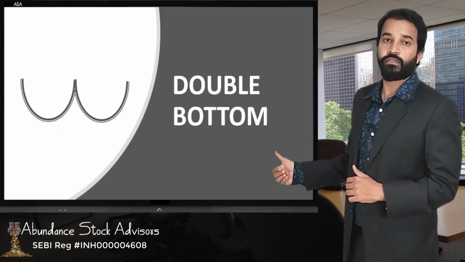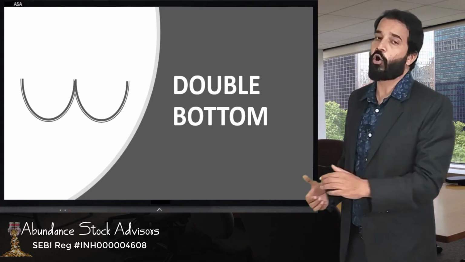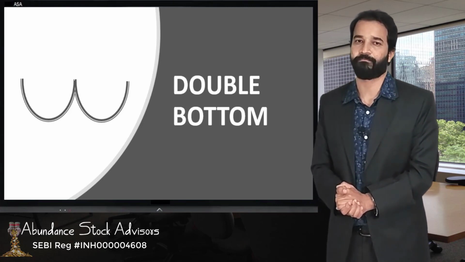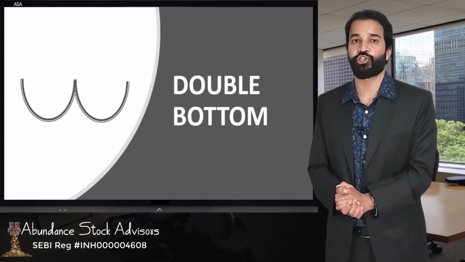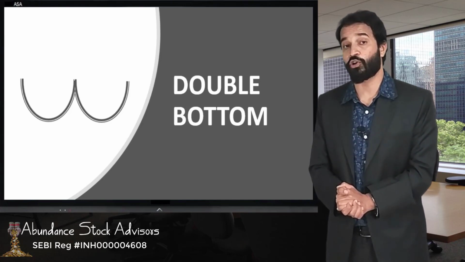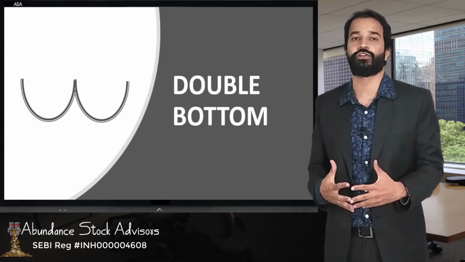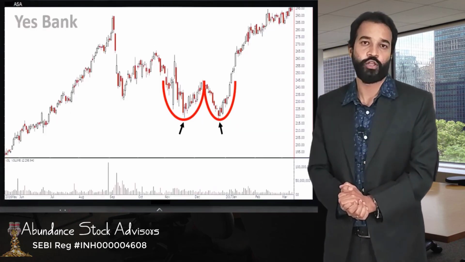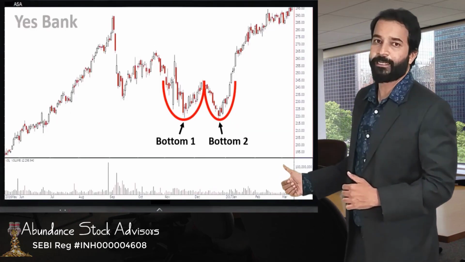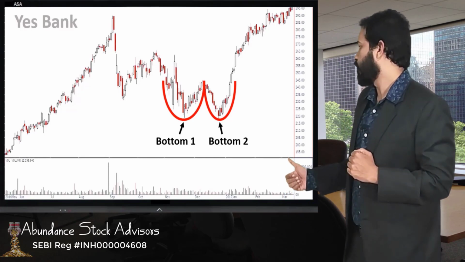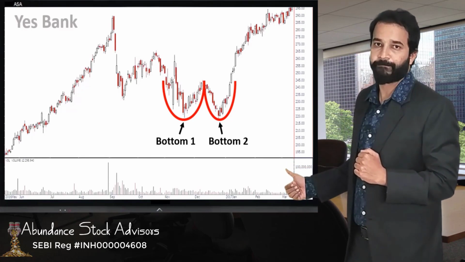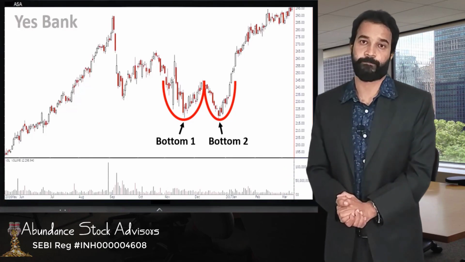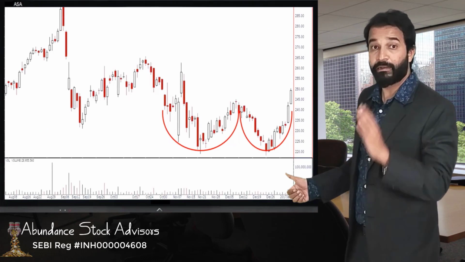Now let's proceed towards our second chart pattern, which also helps us in picking a stock for buying and is called double bottom. This is also a bullish chart pattern, which when appears on a stock chart is a clear indication of the stock moving upwards from there on. So on 6 January 2017, this pattern was observed in Yes Bank. It clearly shows two bottoms being formed on the chart. Let's see the pattern in a little more detail.